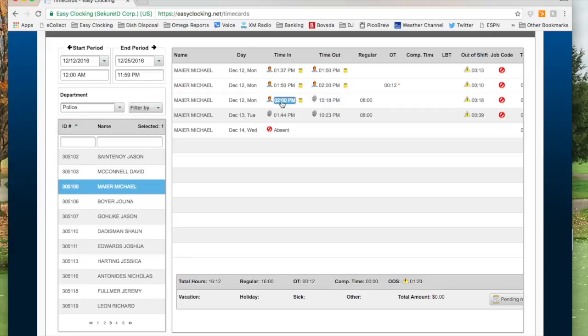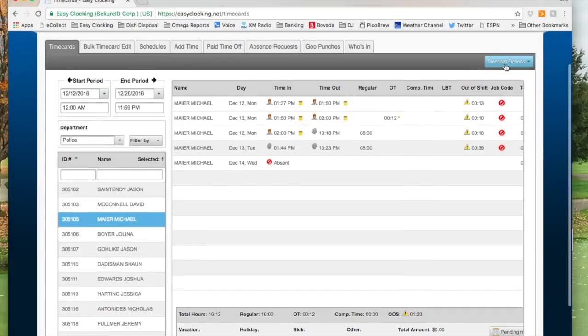Now we have our 2 to 10:18, indicating that we have 8 hours of work time, and we have 18 minutes of out of shift. If we would click the out of shift, we will apply that 18 minutes to OT. If we don't need to label this for any reason, it is simply overtime, we can leave it here. However, let's code this as carryover. So I'm going to unapprove the out of shift,